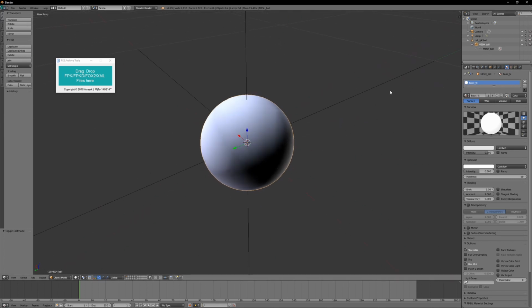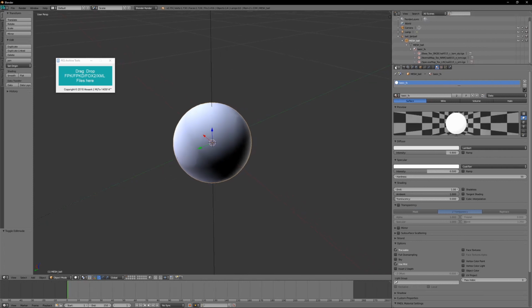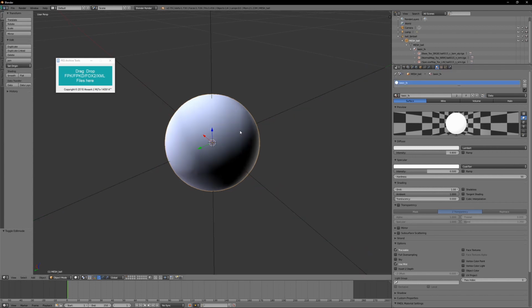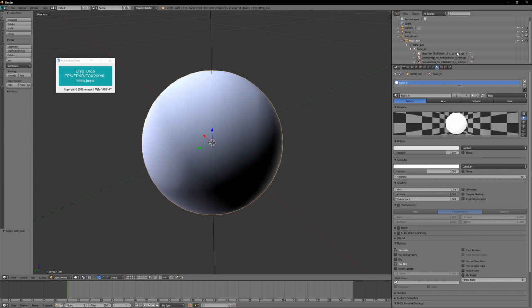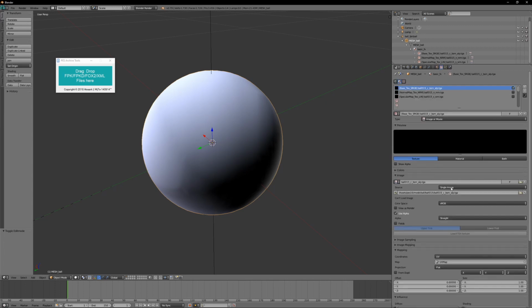I hope I use the same name as before, but if not, make sure that these two have the same name as the mesh of the FMDL. Now basically you are done. And as you can see here, all the textures that the previous ball had are now also on our model. And if you click here, you can see that here is the UV map, and here is the normal map,